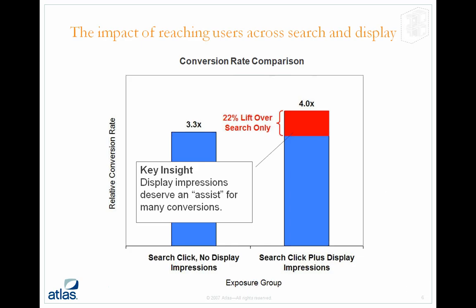And so that's one thing that engagement mapping is really trying to do, is attribute the conversion in a more fair way, so that a display impression that is part of a user's history will receive the credit. Again, the search click is a super valuable point. As you can see from the chart, the search conversion rate is very high, but that display impression is giving some lift, and so we want to take that into account. So it's just a more intelligent way to holistically look at a user's history.